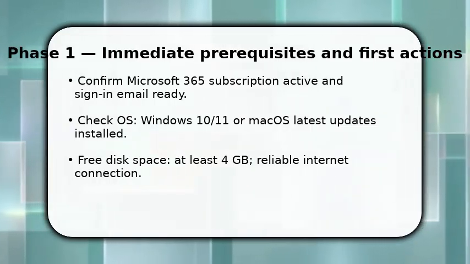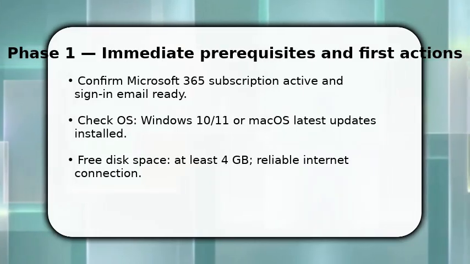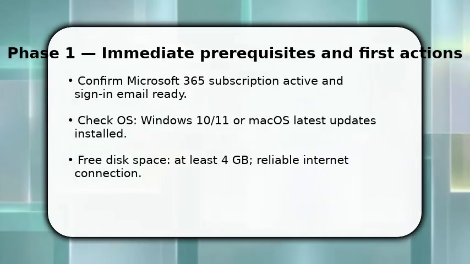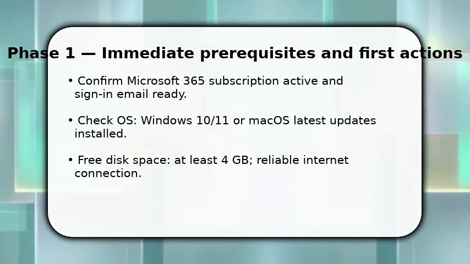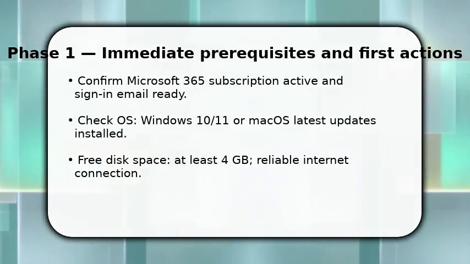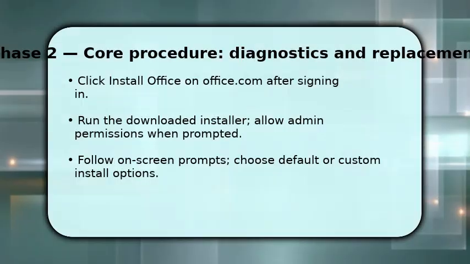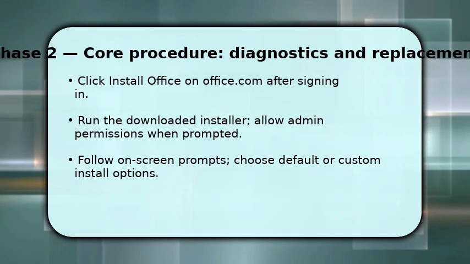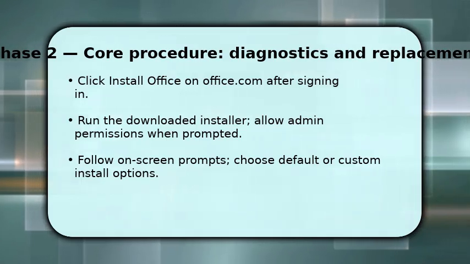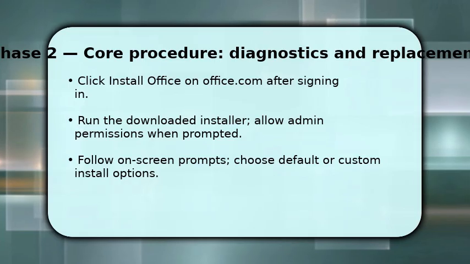Now sign into Office with your work or personal account. This starts the license download flow and surfaces the desktop apps link you need to install. After signing into Office, click Install Office to get the official installer. This avoids third-party downloads. Once the installer file downloads, run it and approve any administrator permission prompts because the setup